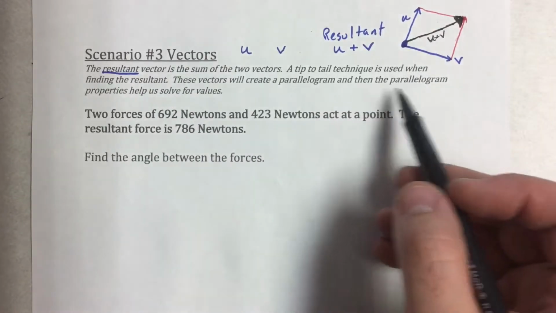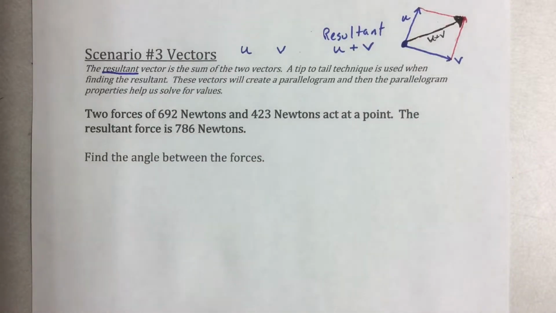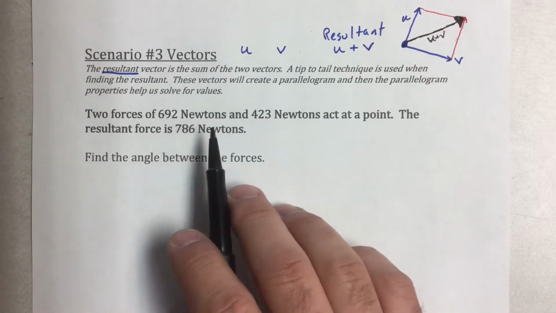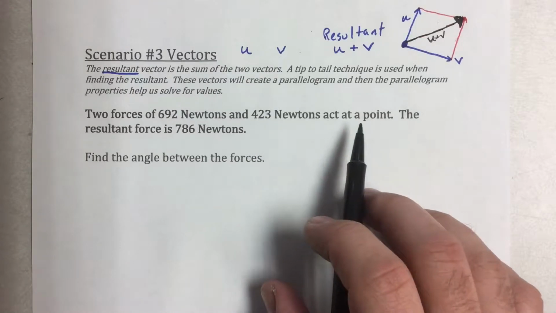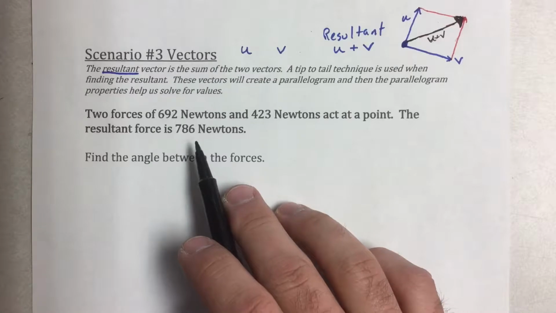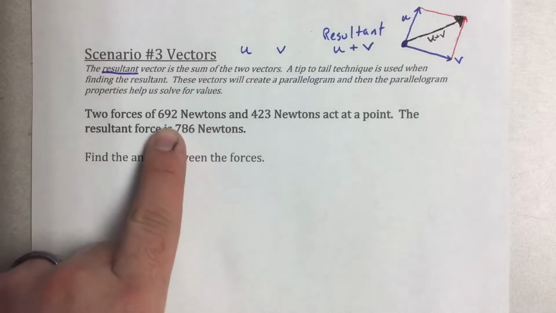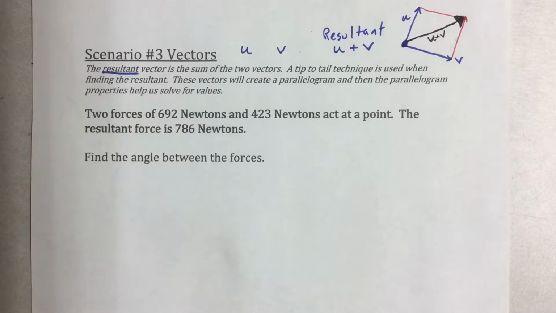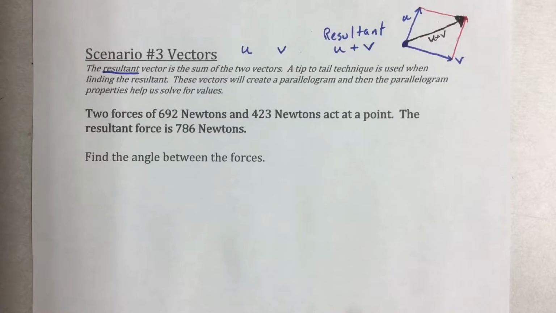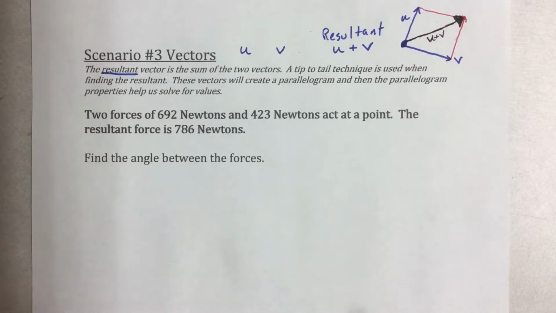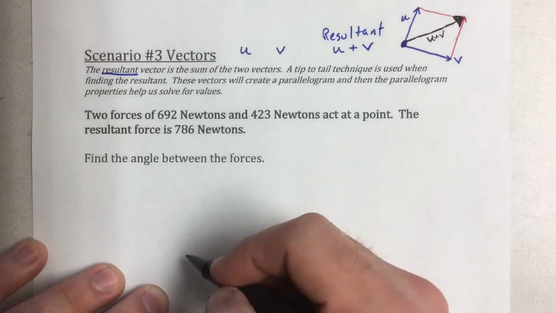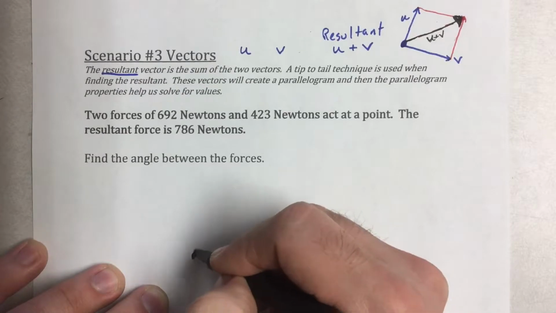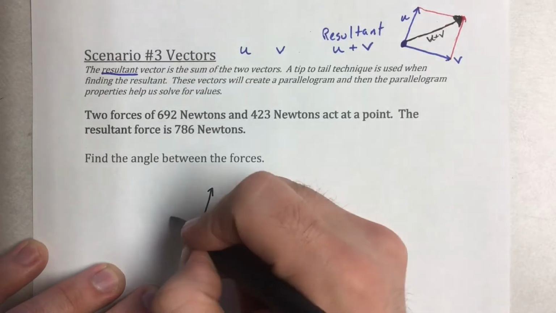So you can see I mentioned the parallelogram properties. Yeah, we'll get to that. So two forces of 692 newtons, that's the unit for a force, and 423 newtons act at a point. The resultant force is 786. So I'm going to draw these two. Now with this, much like surveying problems as I discussed in a couple of videos ago, it doesn't matter how we draw the pictures when we're not given any sort of angle measures. So I can just draw my point. I have my 692 Newton force,